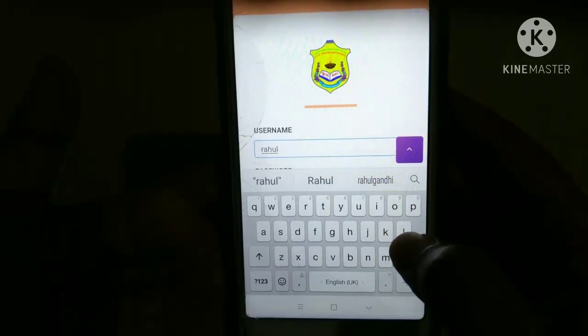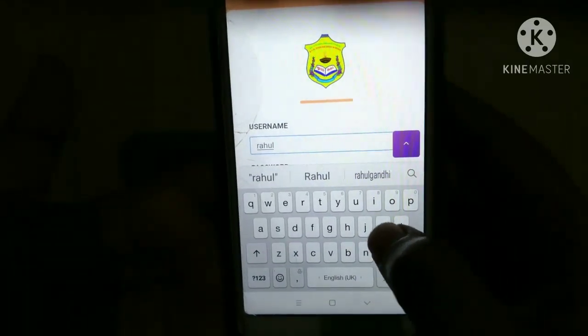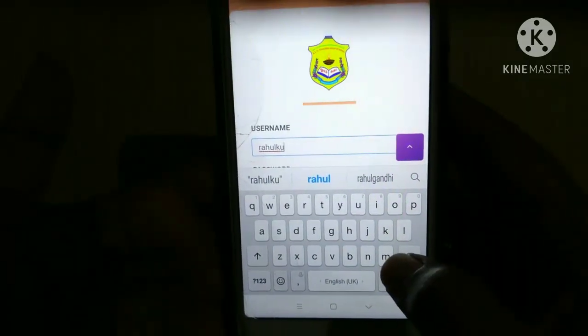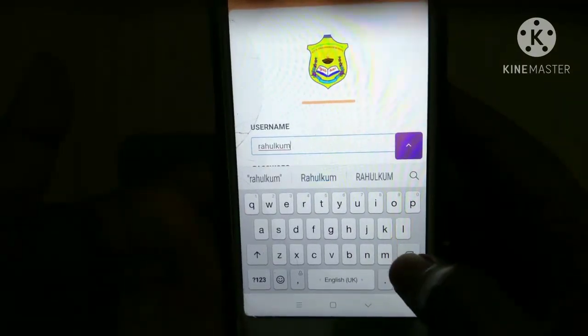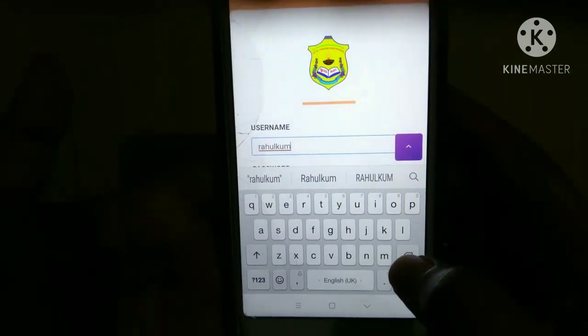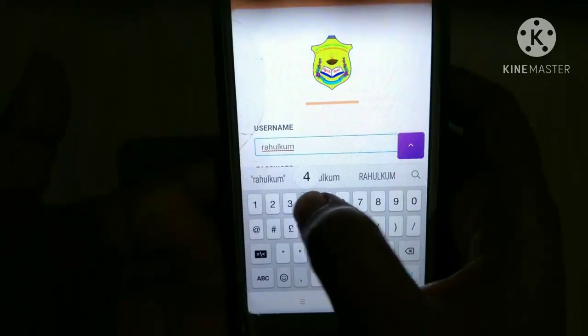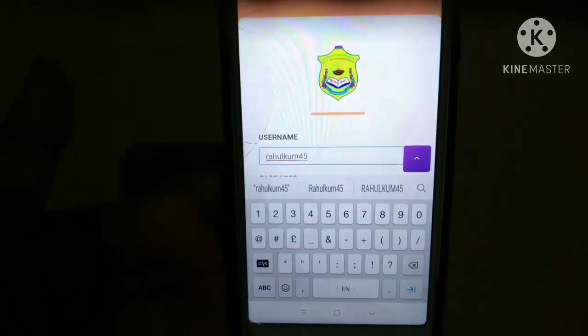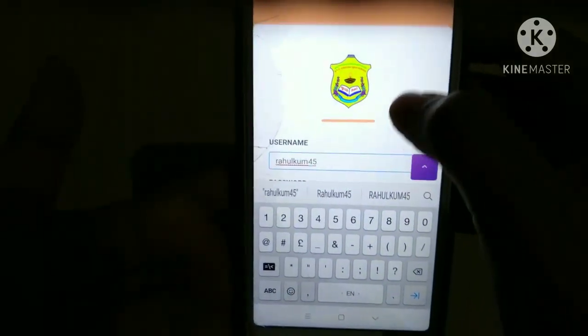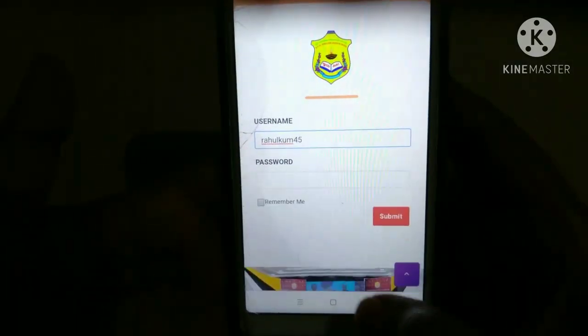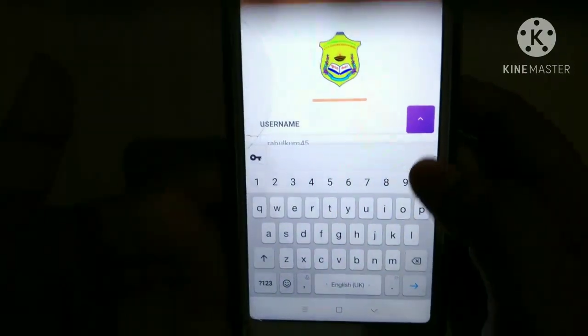Now I am joining as a student here. I have taken one student name, student login ID and password, just to show you. Keep in mind while typing the user ID, all should be in small letters. What they have sent, carefully see and type it.